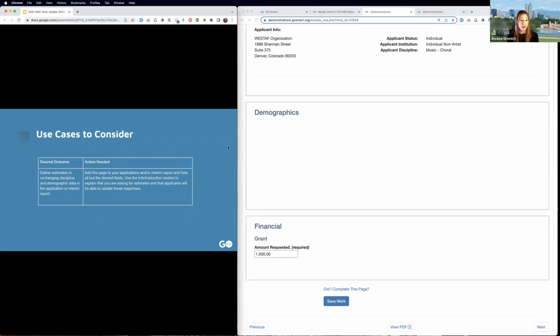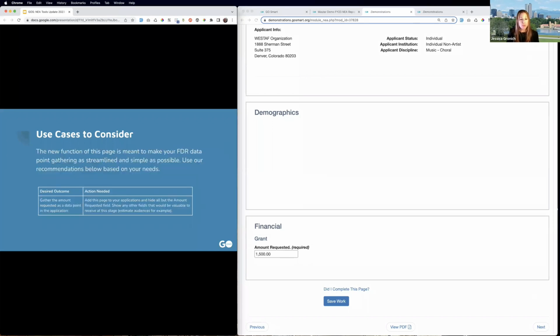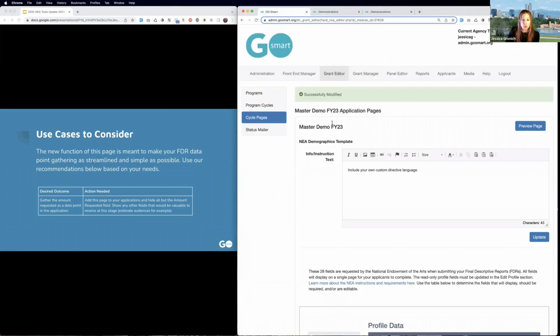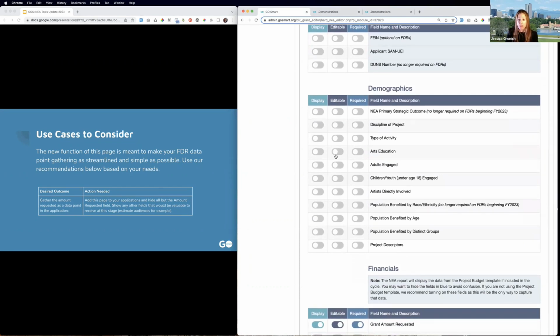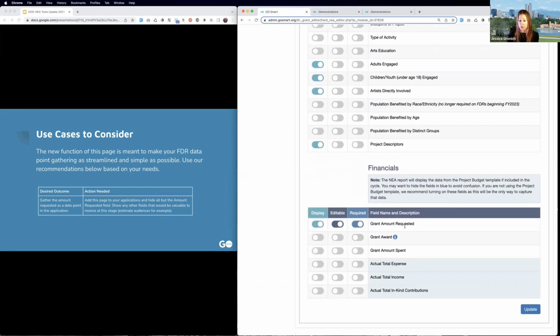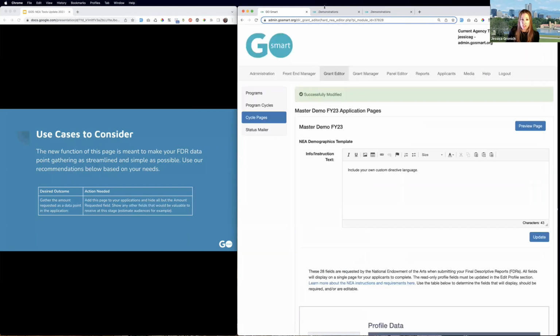So let's say you instead want to gather estimates or unchanging discipline and demographic data in the application or interim report. You would still start with what we've got here, but you would instead turn on a handful more of these. Let's say we still don't want to get into this type of information yet. We'll worry about that at the final report. We maybe just want to talk about the engagement estimates, so we're just going to turn on those 3. And maybe we want to know their project descriptors, and still, we only really want to ask them for their grant amount requested. So if we turn on just those things and we say, tell us your estimates for audience engagement,